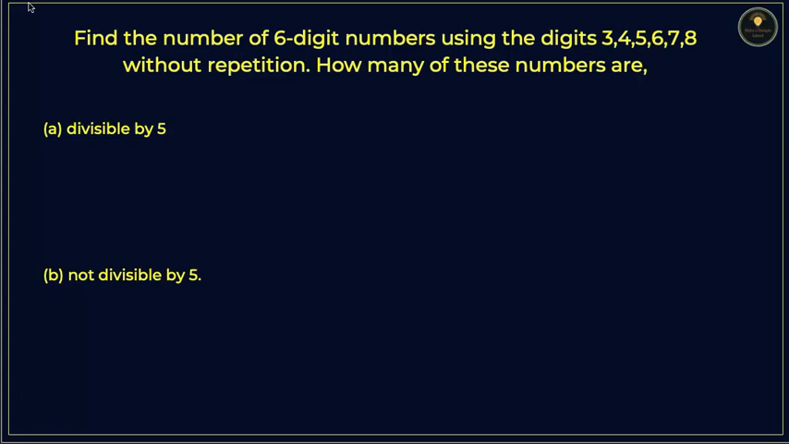In this problem, we have to find the number of 6-digit numbers using the digits 3, 4, 5, 6, 7, 8. So if I make the 6 boxes, it will look like this. Since we have to find the number of ways in which the number is divisible by 5, so at last